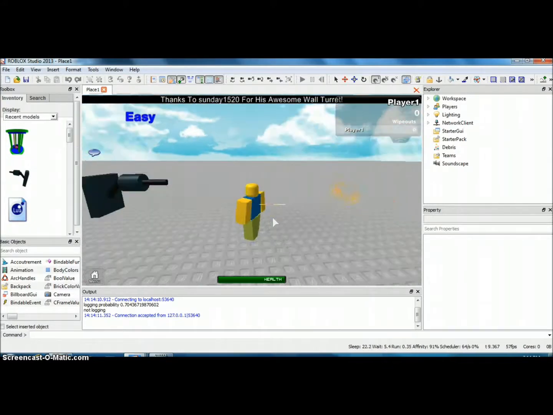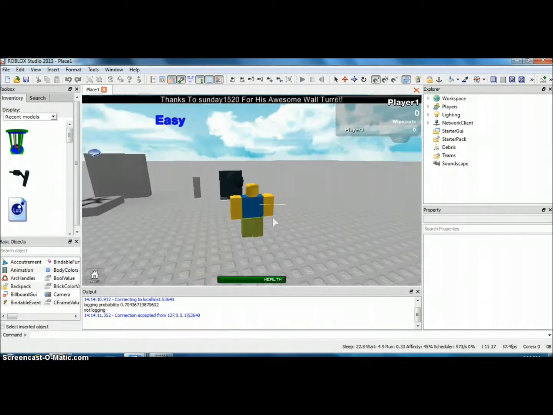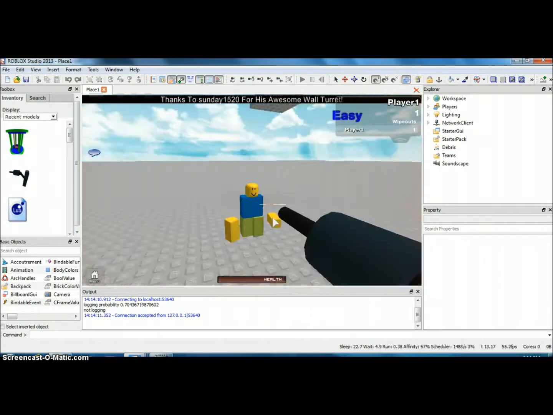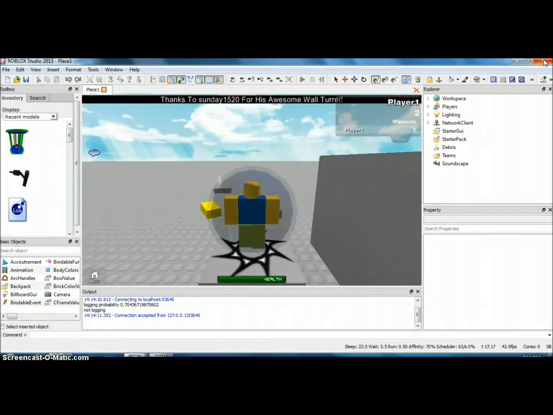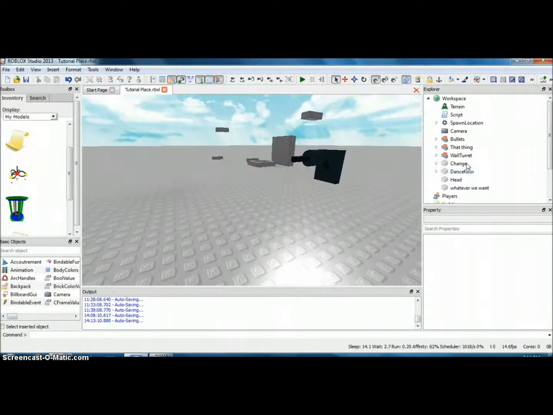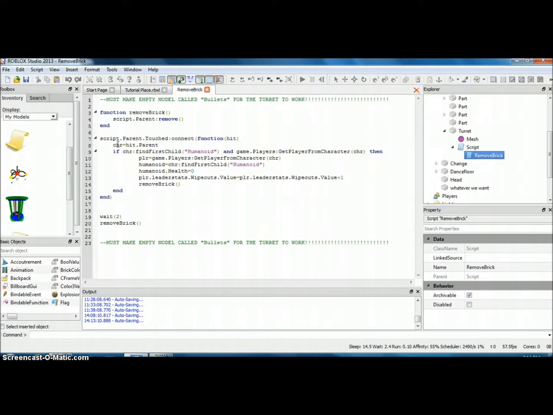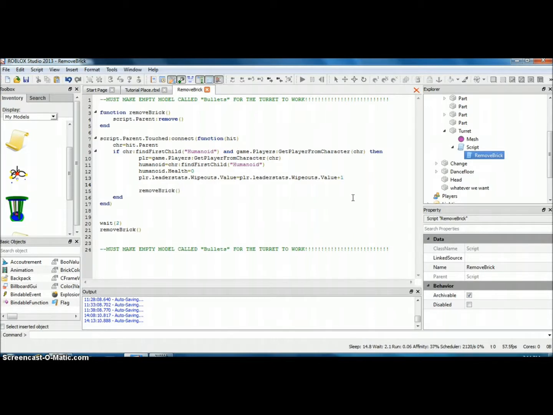Is it shooting? Yes, it is. Stand right here. Get shot. Wipeouts 1. And 2. That is... okay. That brings up a good point. We got shot twice. And we got shot twice because we don't have a debounce. So, what happened is, it'll change it without us knowing. So, if this runs, what we want is to make,